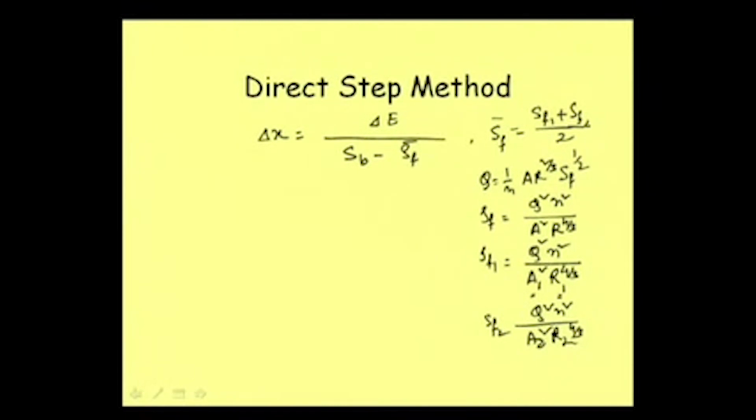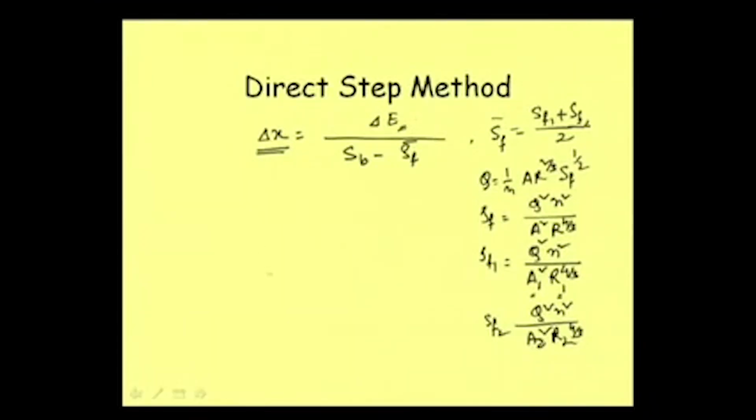Now, what does it indicate? If we want to calculate this delta x, we must know, similarly for the energy calculation, suppose the energy difference, we need to calculate y1 plus v1 square by twice g. Similarly, the energy at section 2 will be y2 plus v2 square by twice g. So we need to know the information about a particular section. Well, so what is done, say if we want to calculate, suppose, gradually varied flow.